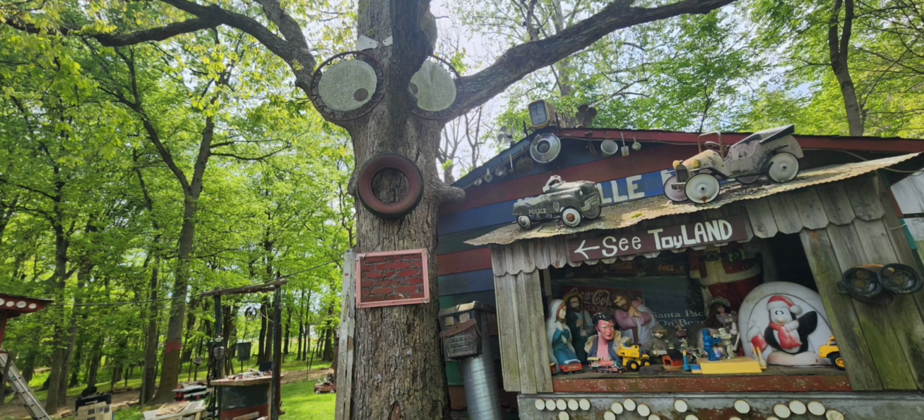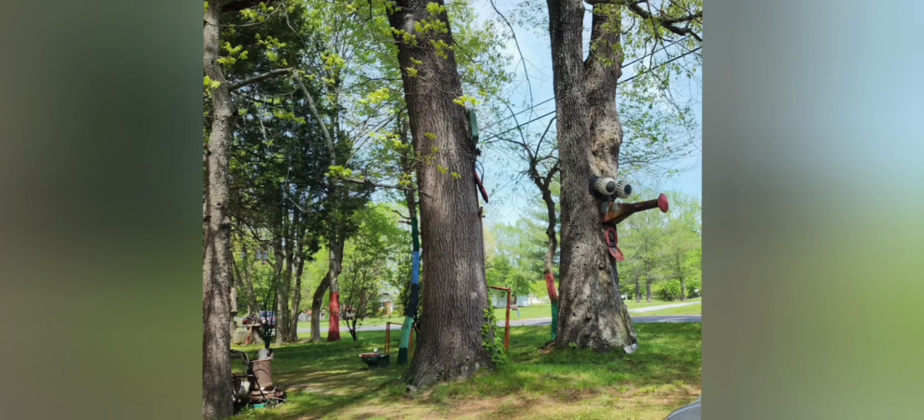And on our way up, I think this place was in Illinois as well. It was called Hillbilly Museum. So there's a story with this Hillbilly Museum, and I'm probably not getting it completely right, but from what I